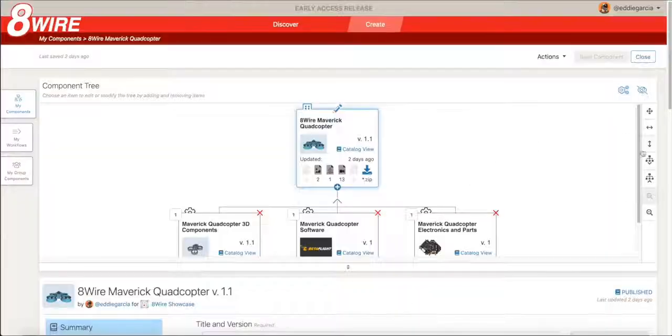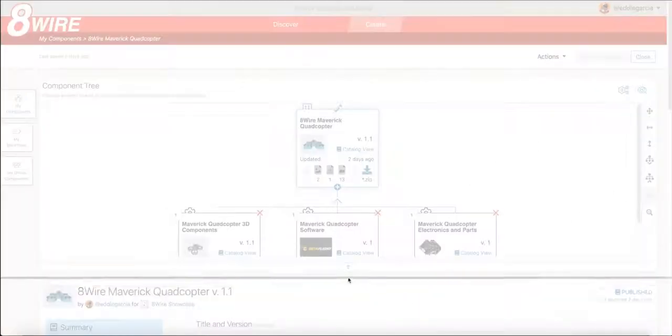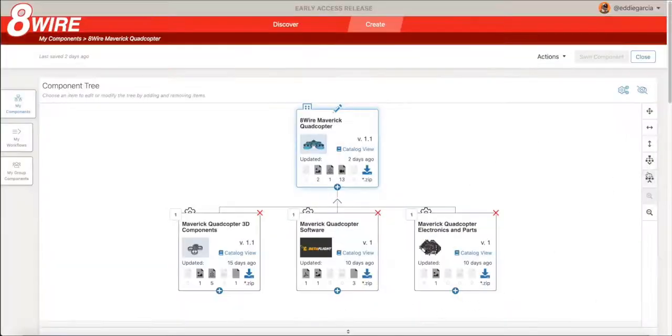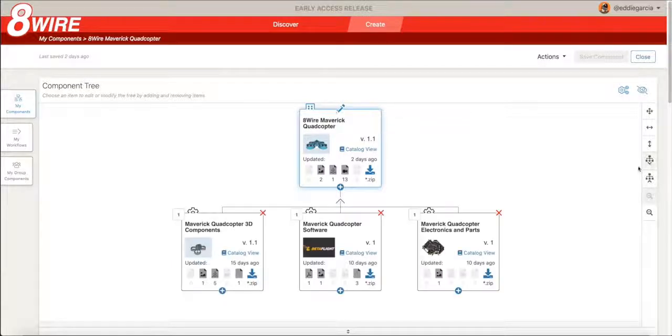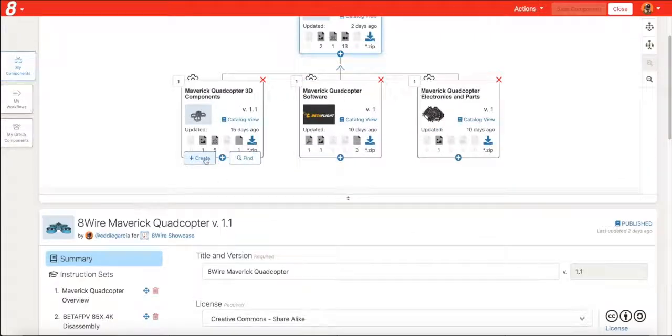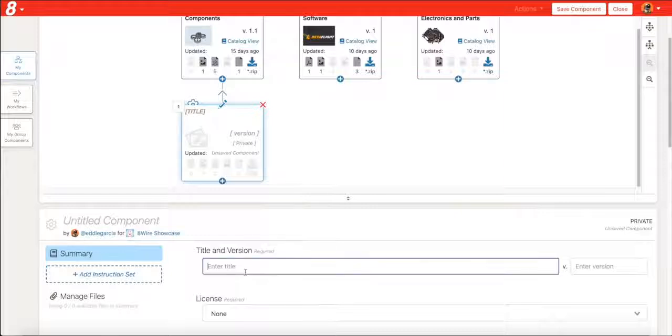Right. So very much 8Wire right off the bat. You're saying it's about projects, not just making parts or making things. Think Thingiverse. That's what's a little bit different. Everybody out there makes websites for projects and collaboration, but 8Wire is different. We get a component project tree structure. And with collaboration features coming in the near future, you're going to be able to work on that with many people at the same time, and chat. That's going to be very cool, and different.